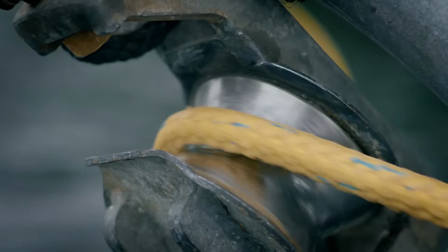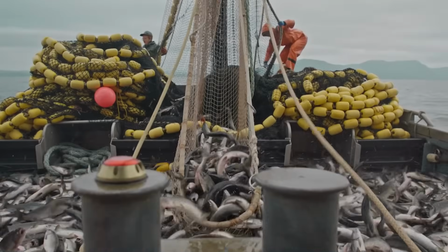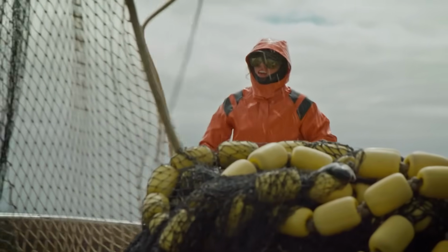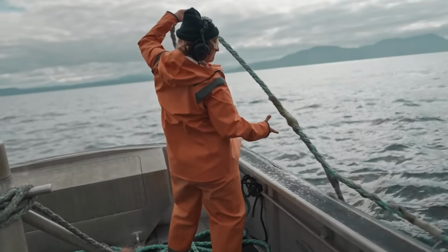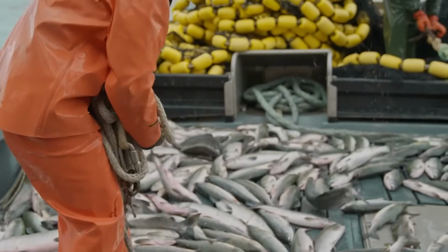In addition, salmon fishing also follows strict regulations on quotas, seasons and fish sizes to ensure the sustainability of aquatic resources. Fishermen must be licensed, monitored and regularly report their output to the authorities. Thanks to technological advances and modern management processes, salmon fishing today is both highly productive and ensures the preservation of